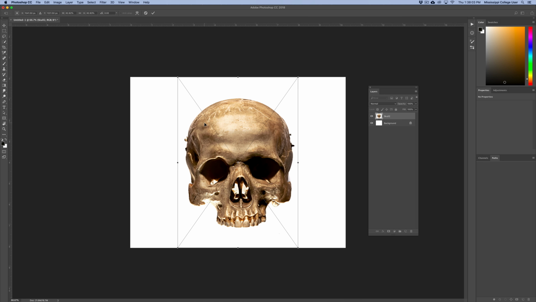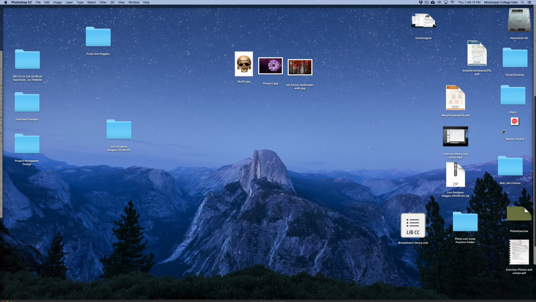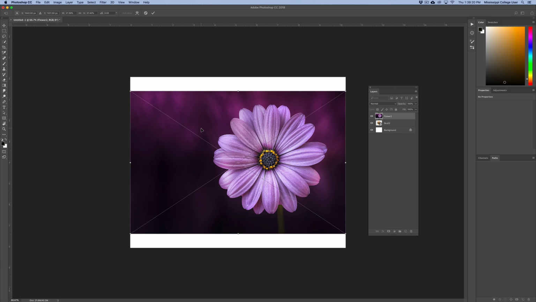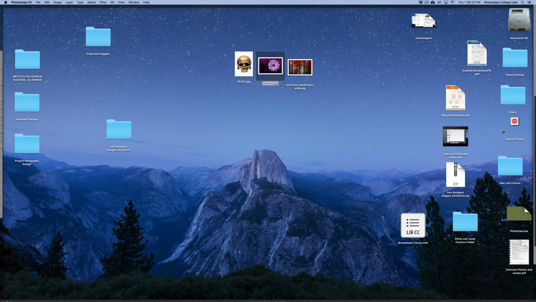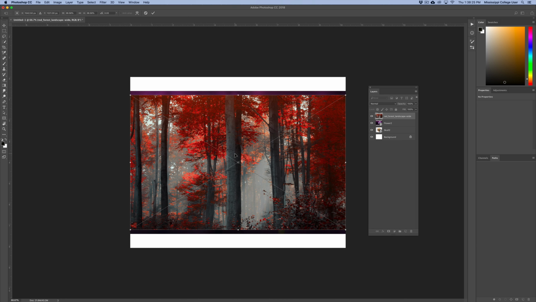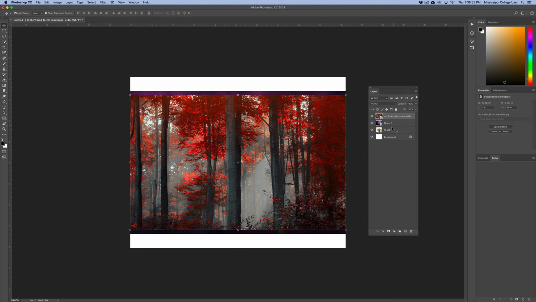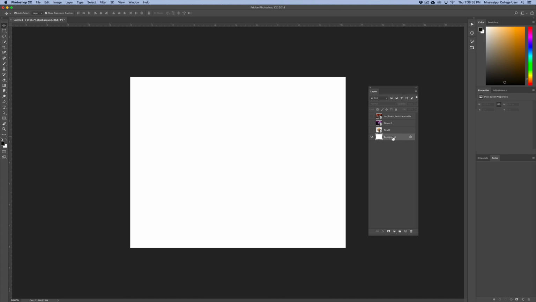Remember, whenever you place something, it's going to have its own layer, and if you ever see the X going through it, we can hit our Return key to submit any changes or any transformations we want to do with that. A faster way of importing some images is simply to find where they're at and drag them into your Photoshop document. Again, hit your Return key to lock in that, and then finally let's do the red landscape and place that one in there. So I've got all three of my images onto my design, and you can see they each have their own individual layers. For now, I'm going to turn off visibility for each of the layers,